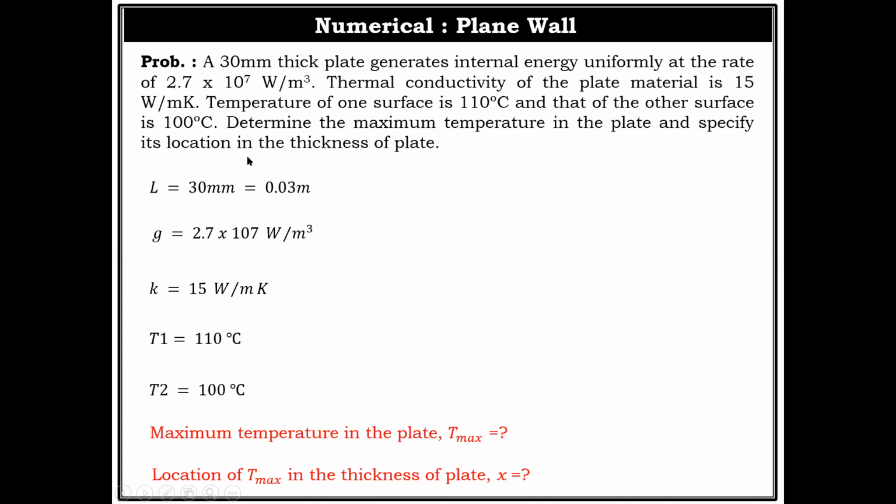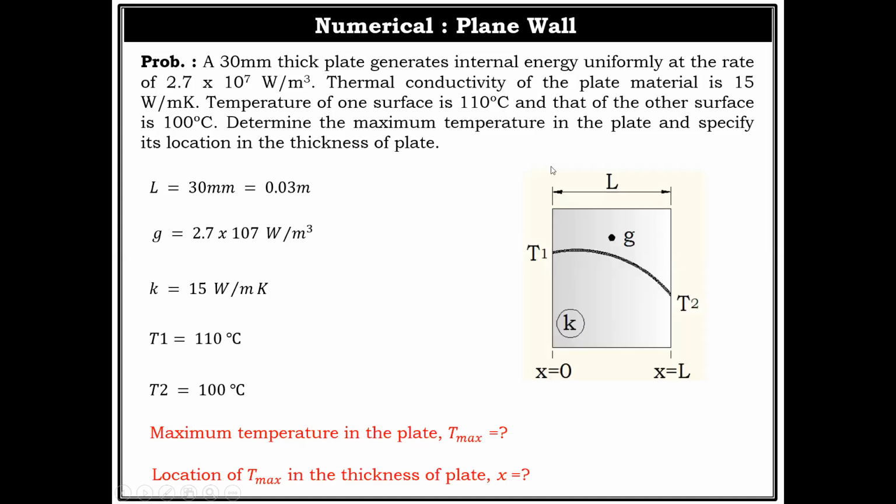So the location of x. Remember friends, when temperatures are not the same, always take T1 as the higher temperature and T2 as the lower temperature, because whatever formula we derived, we assumed T1 and T2 are not equal and T1 is greater than T2. So accordingly we get that final derived formula. So whenever there is a numerical and temperatures are not equal, give the notation T1 to the higher temperature surface.